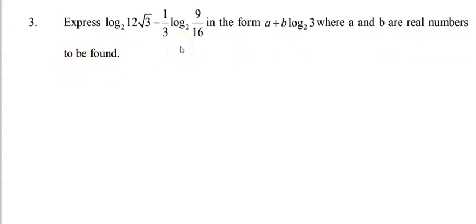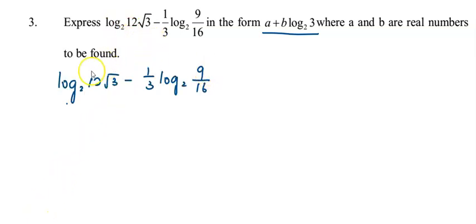So this question asks us to simplify this log expression into this a plus b log 3 to the base of 2. What we have here is we can see that these two terms of log contain the base of 2, so we do not need to change the base. To express this in terms of a plus b log 3 to the base of 2, I'm going to split those logs